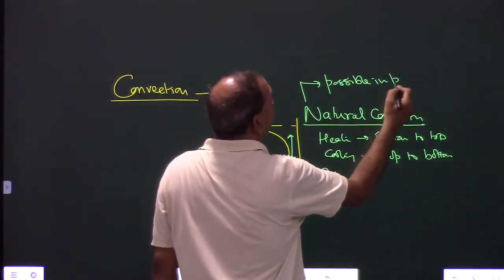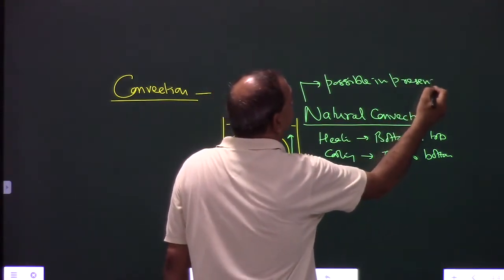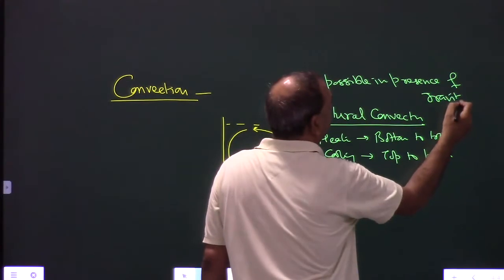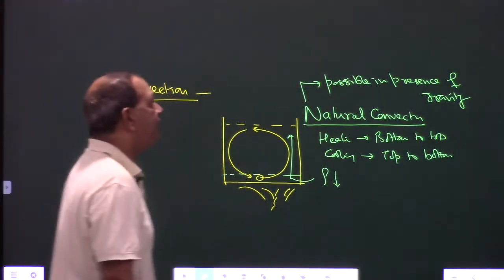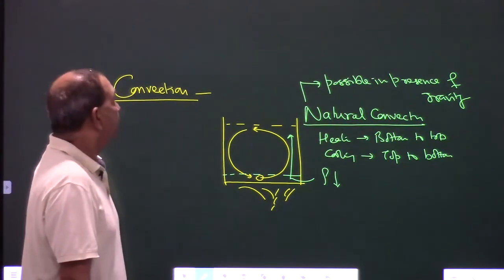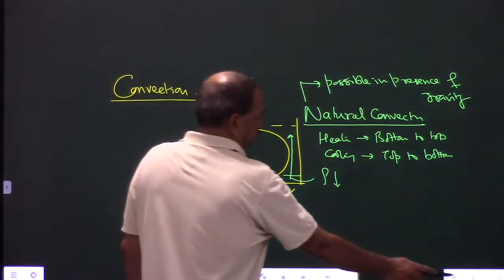in presence of gravity. अगर ग्रेविटी नहीं है तो नेचुरल कन्वेक्शन नहीं होगा, ठीक है? That is possible only in presence of gravity, right? So that's very simple. But for the water,